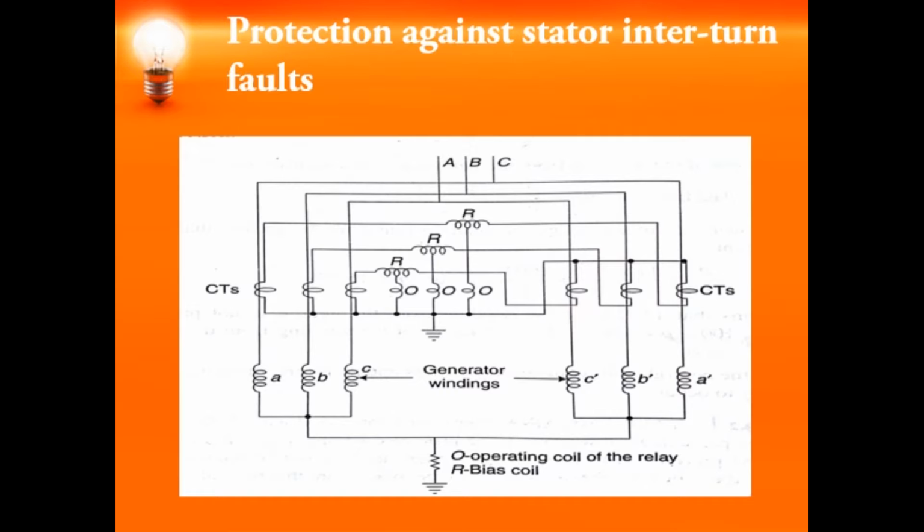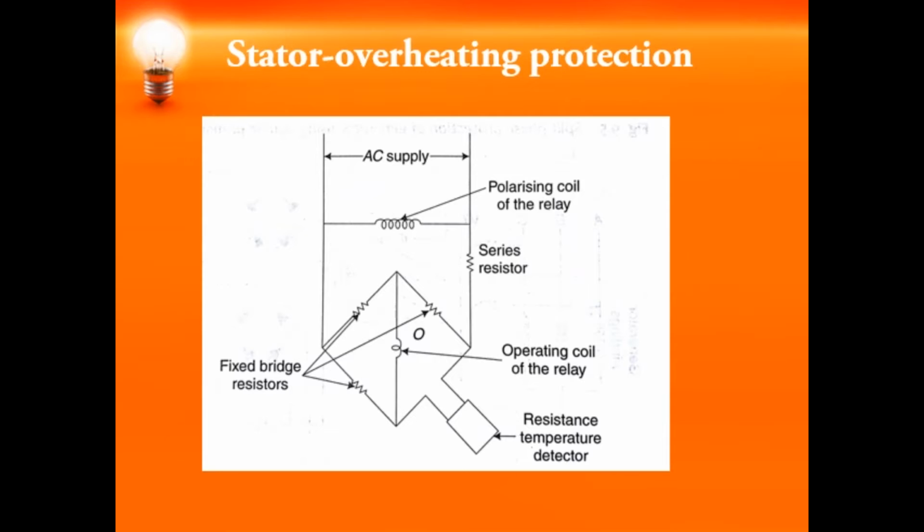Next, coming to the last type of stator protection, that is stator overheating protection. In this, the overheating of the stator might usually be caused due to failure in the cooling system, or overloading, or short circuit in the laminations, or the failure of the insulation. So in this type, we actually have 2 methods to detect the overheating, both of which are used by large generators, with a rating of about 2 megawatt.